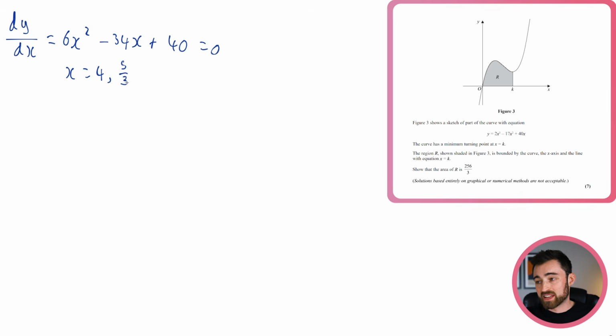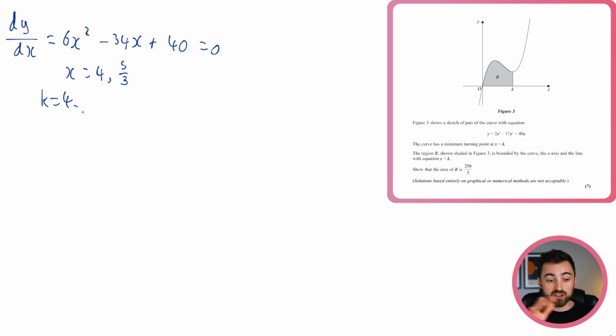There's a minimum turning point at k, but there's one before that as well, which is a max, isn't it? So basically, the one that we want is obviously the second one. So it's going to be the larger x value. What's bigger, 4 or 5 over 3? It's 4, isn't it? So x equals 5 over 3 is going to correspond to that maximum point up there. And then the 4 is going to be k, which is the minimum. So k is 4 here. Cool. So really, all that is left to do is just this